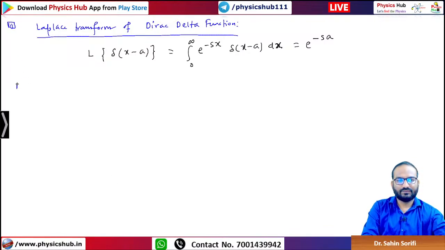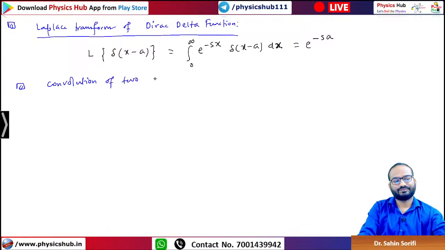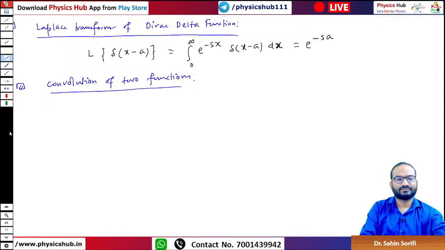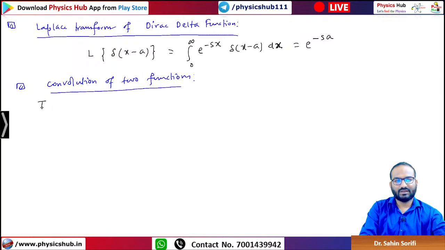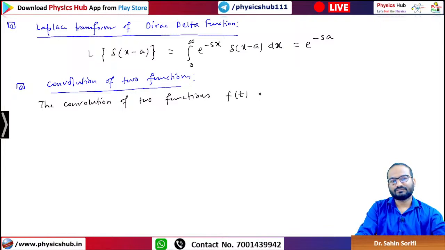Now in the case of the Fourier transform also we define this term, convolution. Convolution of two functions. Do you remember? We define this convolution of two functions. How do we define it mathematically? Let's say if we have a function f of t and g of t, then the convolution of the two functions, let's say f of t and g of t, is given by,